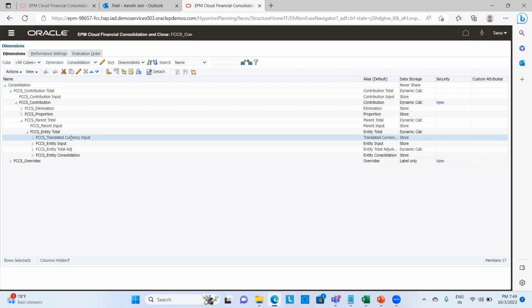So what does it help in our FCCS application? When we enable this option, translated currency input, firstly, this option enables us to enter the translated data in the journal and post the values to the input currency members rather than entity currency. Normally, when we perform the consolidations, we input the data in the entity currency,